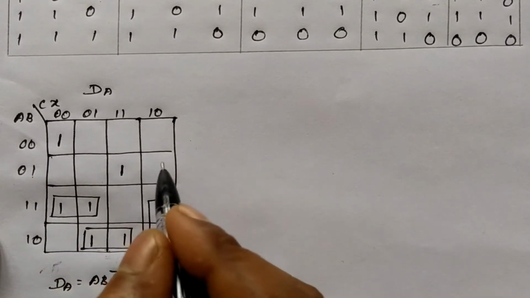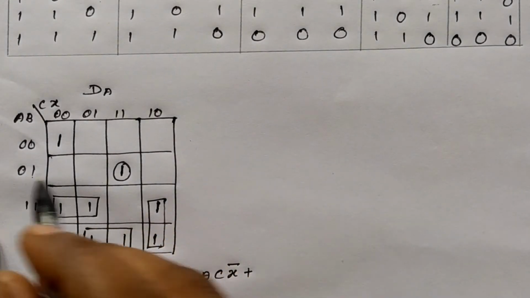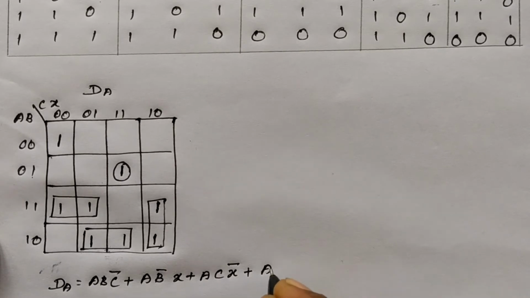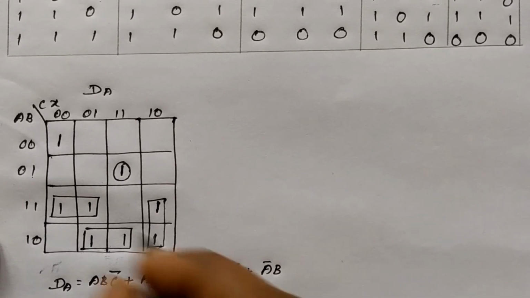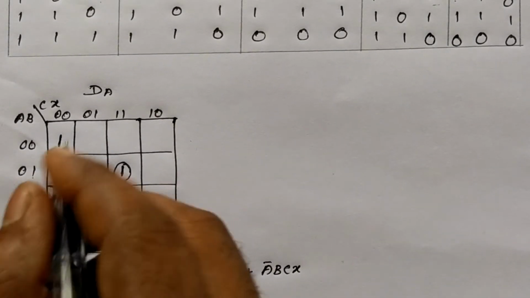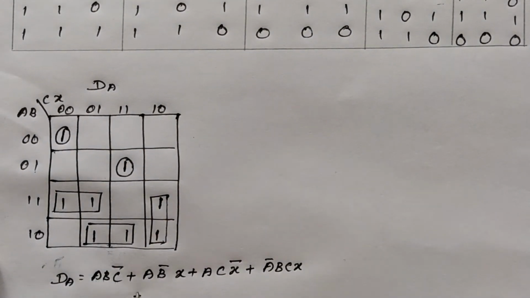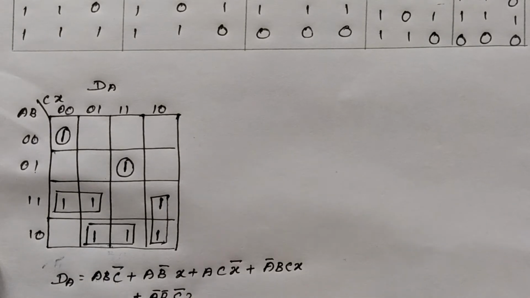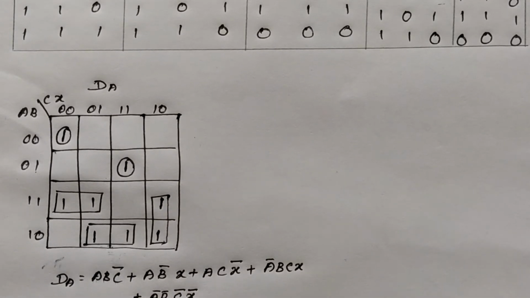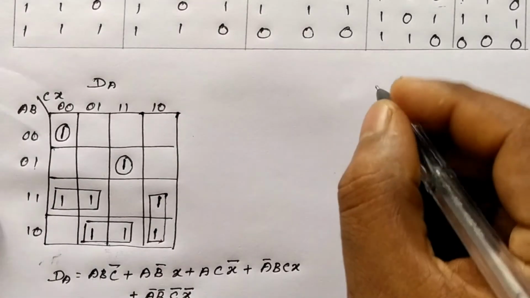Then here we are having a 1 alone, we need to group it, and here the value on the left side is 0 1. 0 1 means A bar B, and column is here it's C X. Then we are having another one term, you can make it as a single group, and here the value is plus A bar B bar, in the column wise here it's C bar X bar. So this is the algebraic expression for dA. Then for dB,